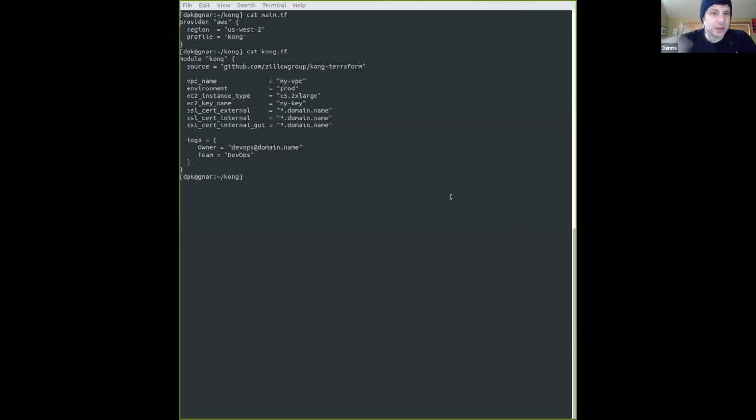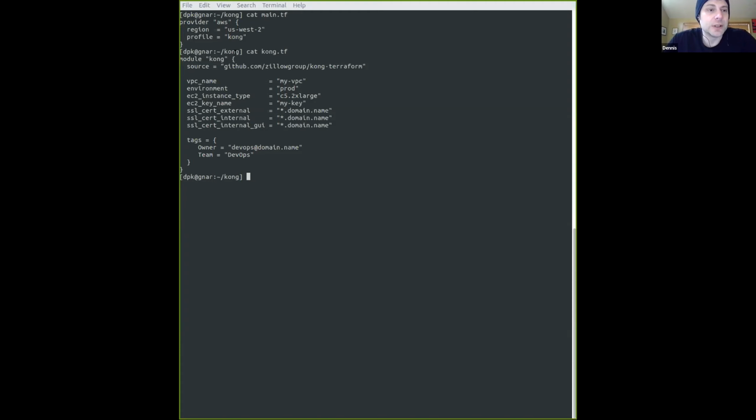Nice. So here I'm sharing just a standard terminal, and I'm in a directory called Kong that I've set up as a Terraform directory. The first file, main.tf, is typically used to just provide for the provider information. And so here I'm saying I'm building this in AWS. I specify a region, which is US West 2, close to Seattle in Oregon. And then I have the actual Kong